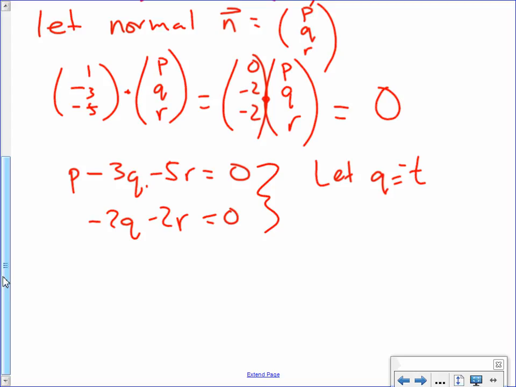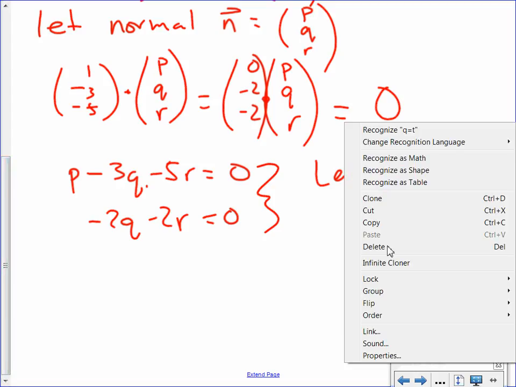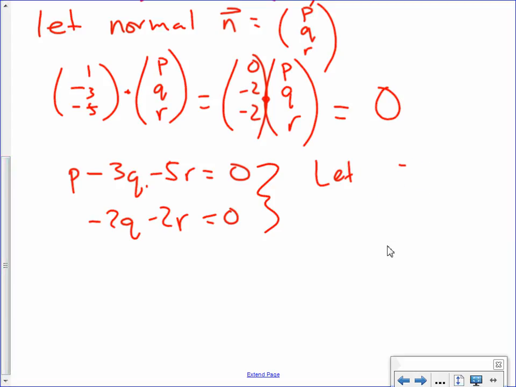Actually, let R be T. We should probably solve for the easiest one. So if you let R be T, plug in T for this one and you get Q is equal to negative T, and plugging into the first one, you get P is equal to